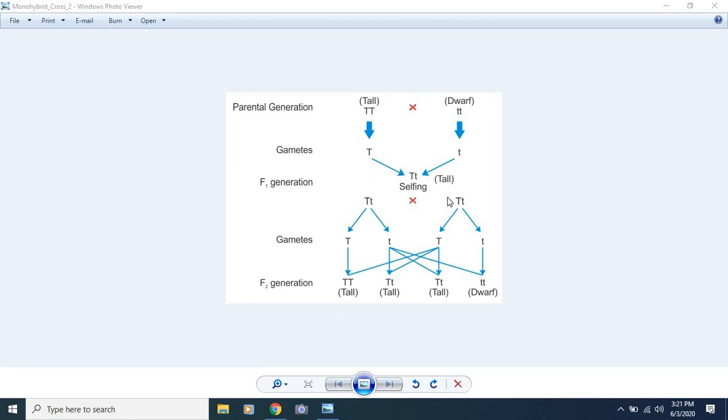And the genotypic ratio of this monohybrid cross is 1:2:1. Why 1:2:1? Here you can see at one place capital T is present, at two places capital T small t is present, so two of this and one of the small t. So the genotypic ratio of the monohybrid cross is 1:2:1, and the phenotypic ratio is 3:1, that is 75% were tall plants and 25% were dwarf plants. I hope students, by this chart, the monohybrid cross is clear to you all.